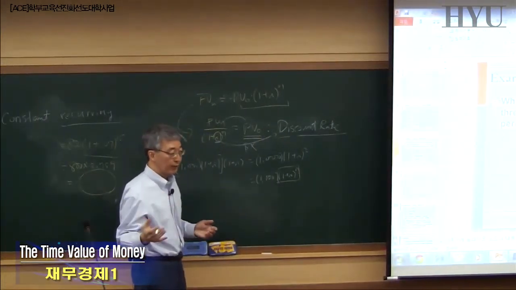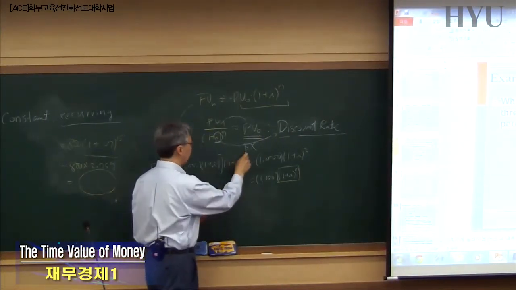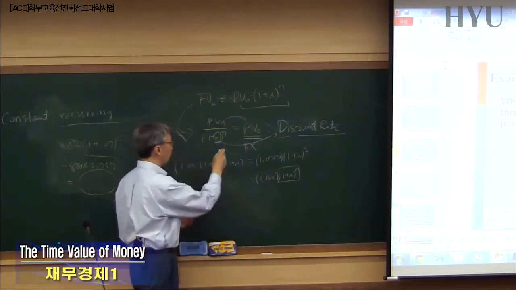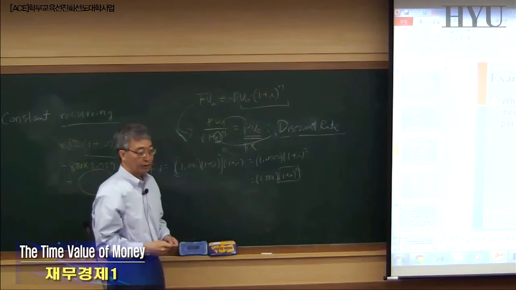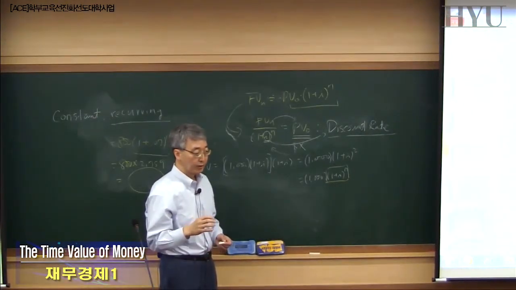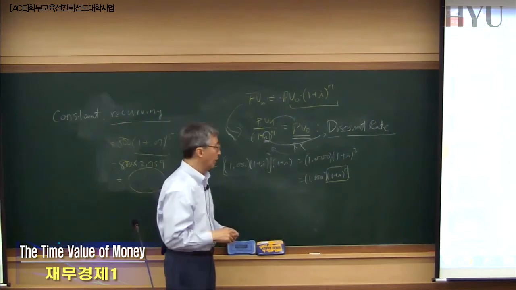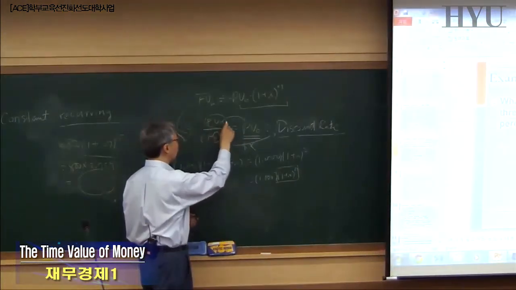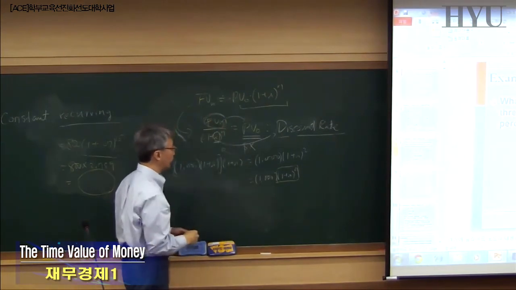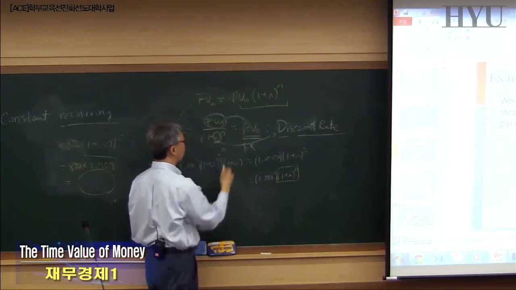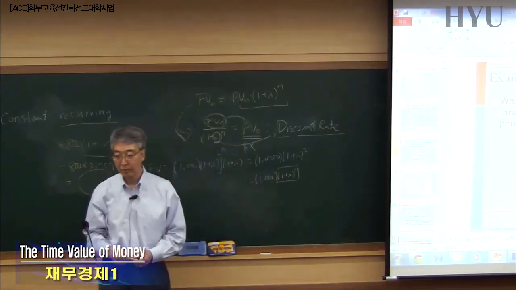interest rate was 5%, then it's going to earn 5% return for the next 5 years or 4 years or 3 years, however many periods, number of years, it was supposed to be, right? So in order to be fair, if someone promises a certain amount, you have to discount it at the same rate, right? That's the idea of opportunity cost